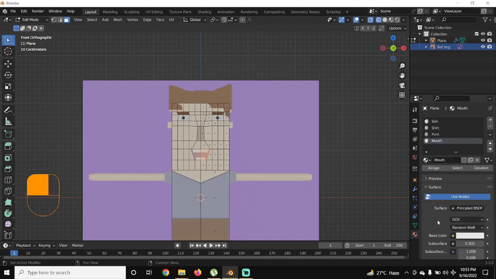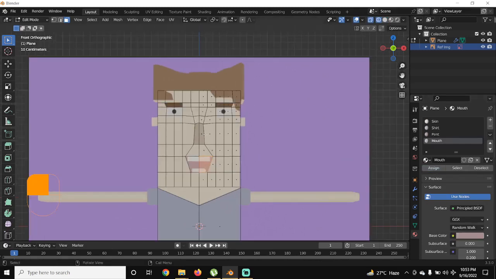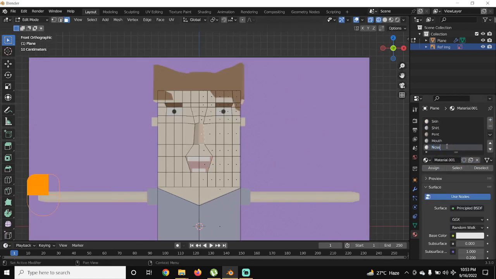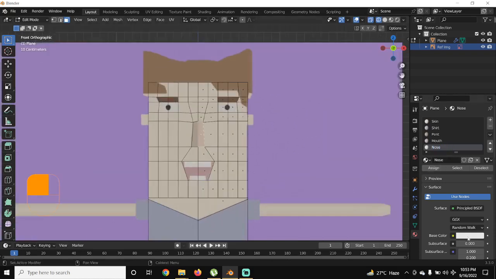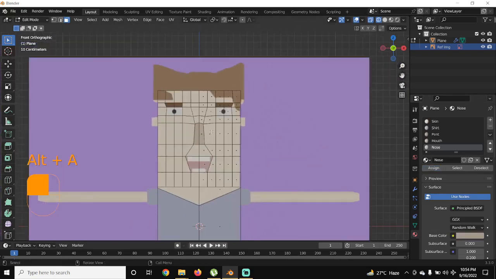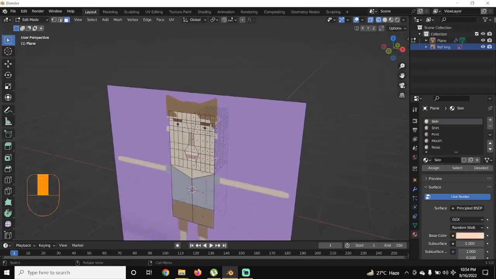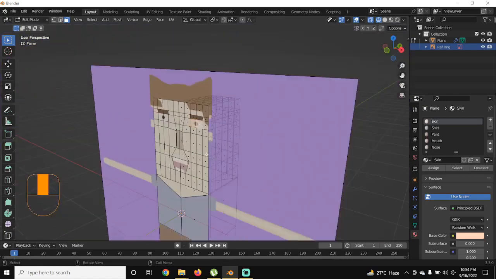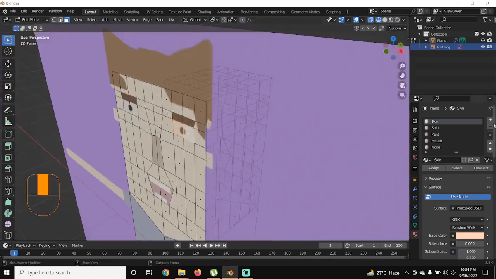assign, and by selecting base color eyedropper I will drop it on your character's mouth region, and then assign it, and then select this face and plus new, name it nose, assign, and select base color eyedropper and place it over here and assign it, and then press Ctrl Alt plus A to deselect everything and select two faces from the top, from the front of your reference image to the plane, and select these two faces on the plane and make it plus new and name it eye